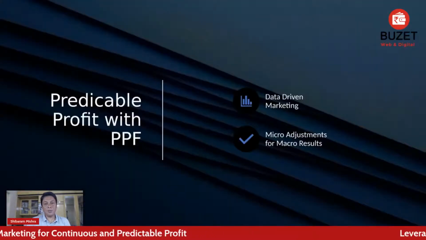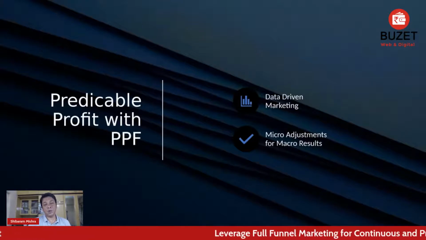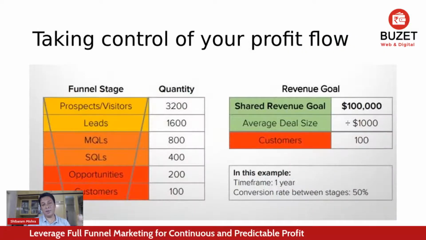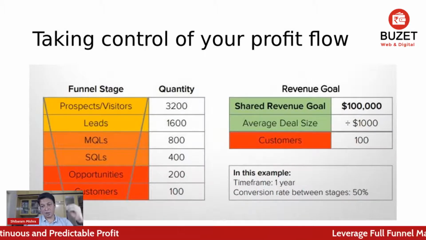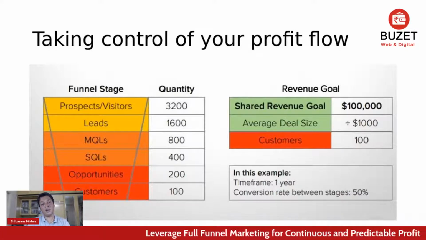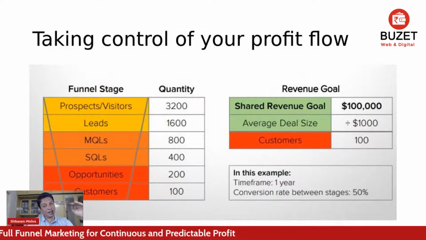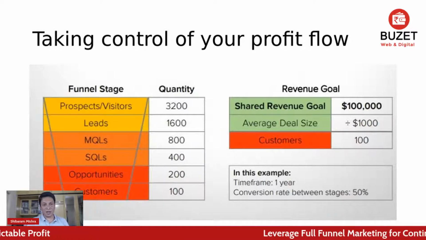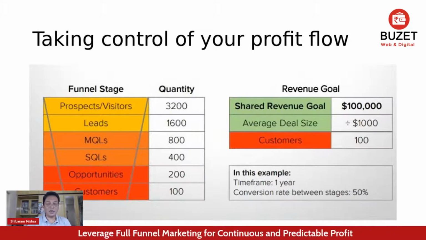So how to be predictable? We know how to get the regular flow: you can get it by increasing the top of the funnel and maintaining the conversion across funnel layers. That is the secret to getting a continuous profit flow. You should not stop your top of the funnel. If your top of the funnel is dry, you are not going to get the bottom of the funnel for sure. Take it in writing. Only conversion ad thing will not work. As simple as that. You need to have a proper funnel in place.